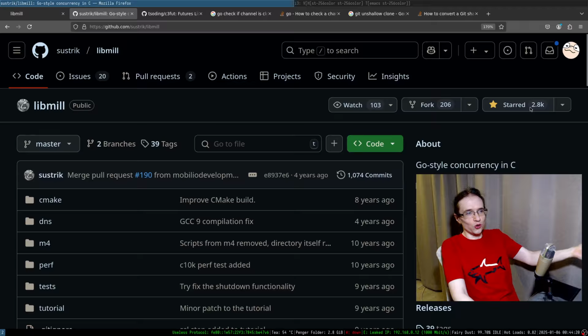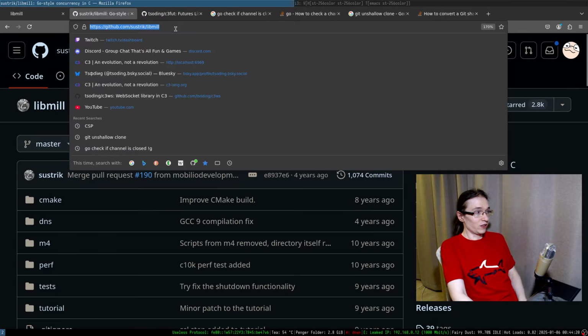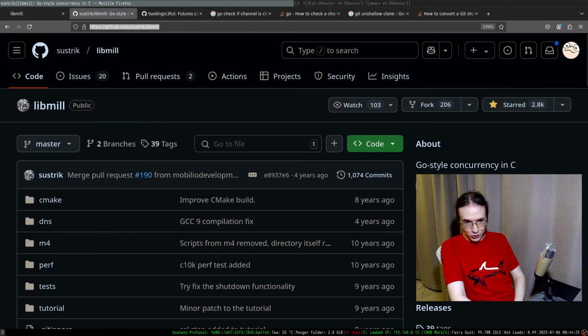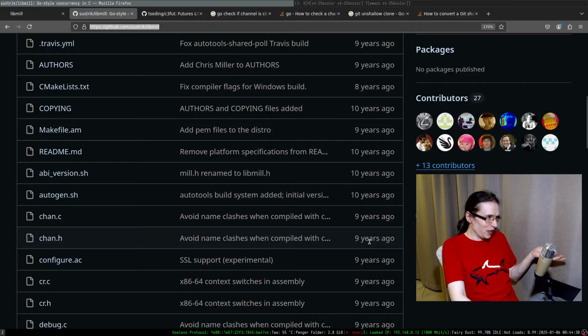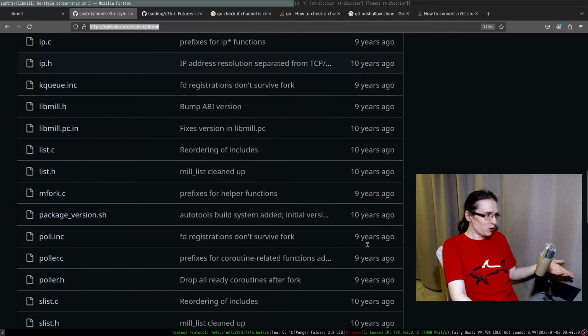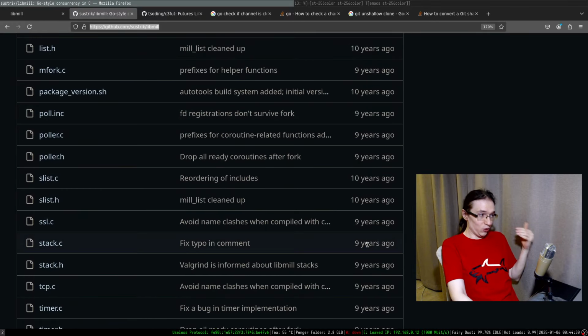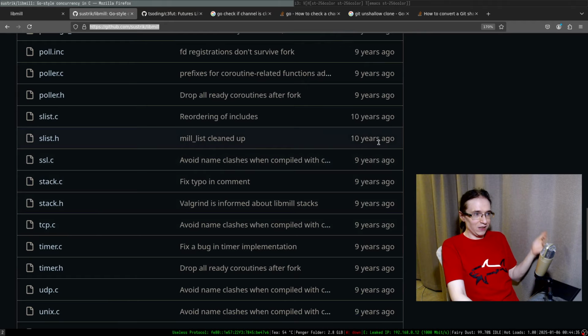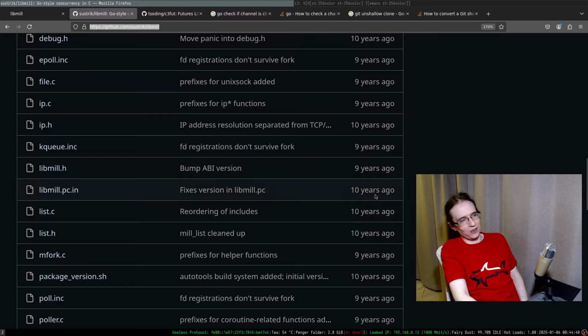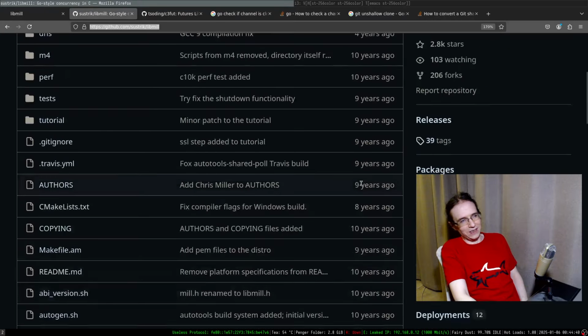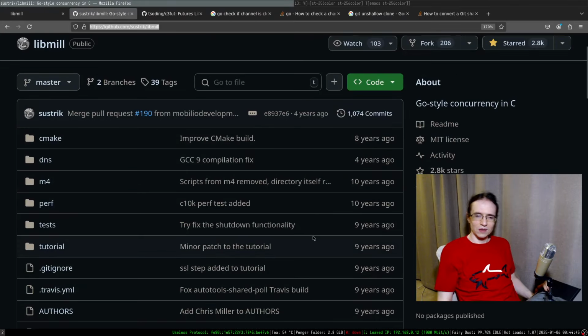This deserves like 2 stars. Seriously, go star this library. This is so based. The idea of the library is cool. The implementation is cool, and it works after being abandoned for 10 years. Just think about that. Well, I mean, yeah, there are some latest changes like 9, 8, 10 years ago, right? So